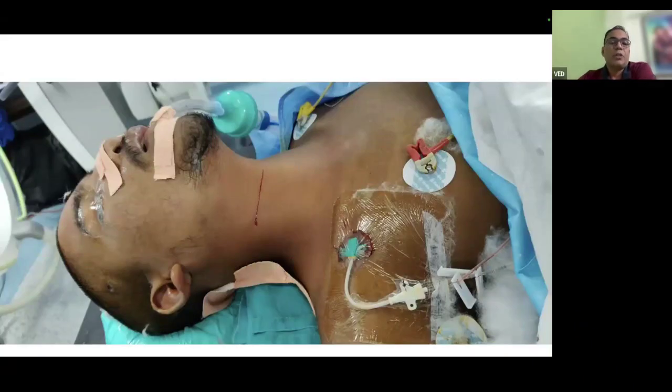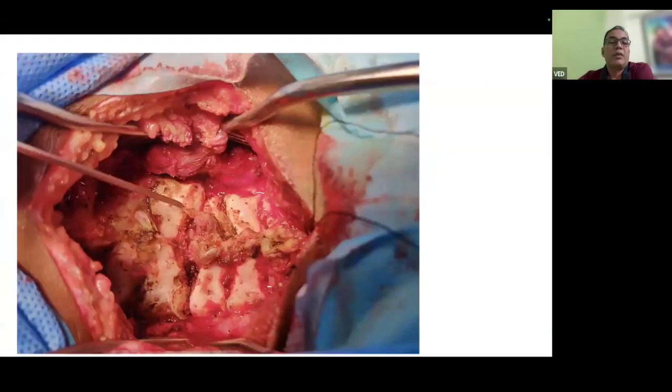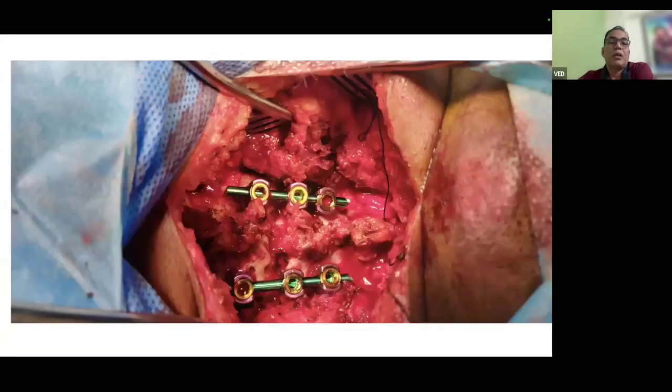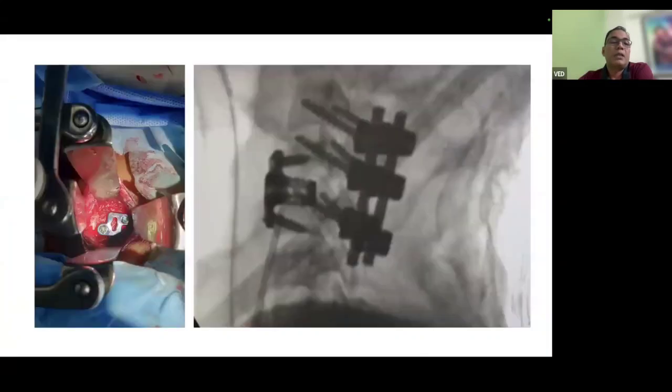The patient was positioned supine with cervical traction applied later on. We went ahead with anterior decompression, and then posteriorly we can see that the facet joint is exposed. It is being reduced and lateral mass screws are placed. This is the anterior view of the surgical intervention where we have put a plate with cage, and this is the intraoperative X-ray showing the 360-degree fusion of the patient.